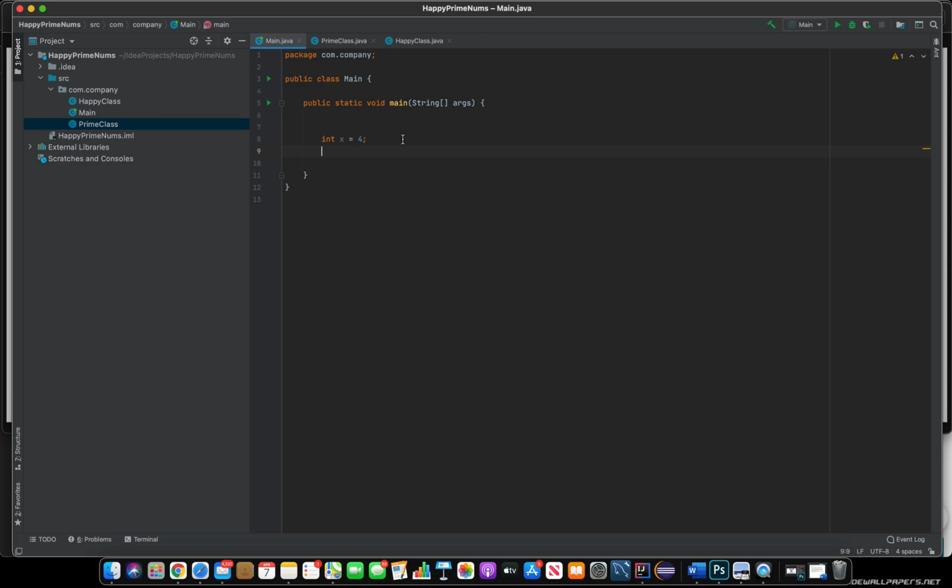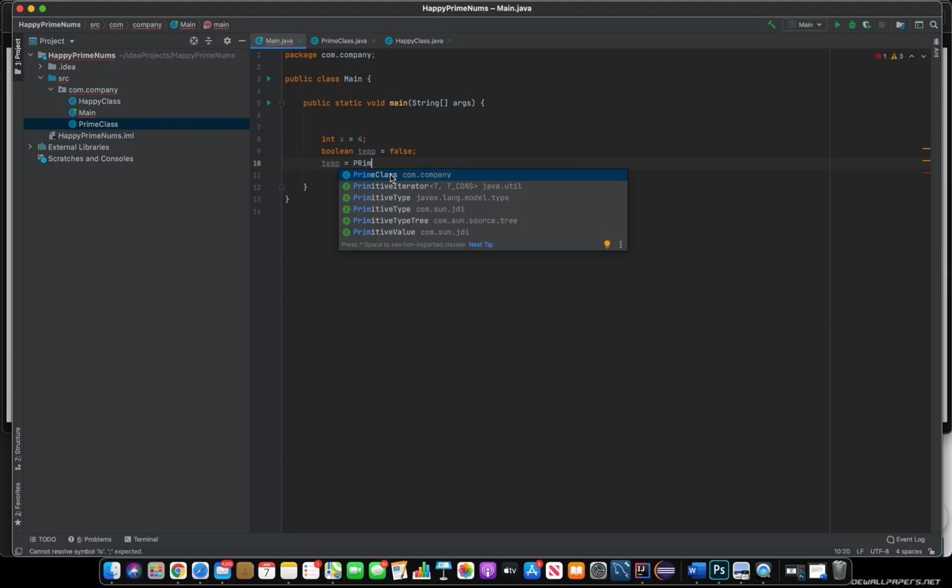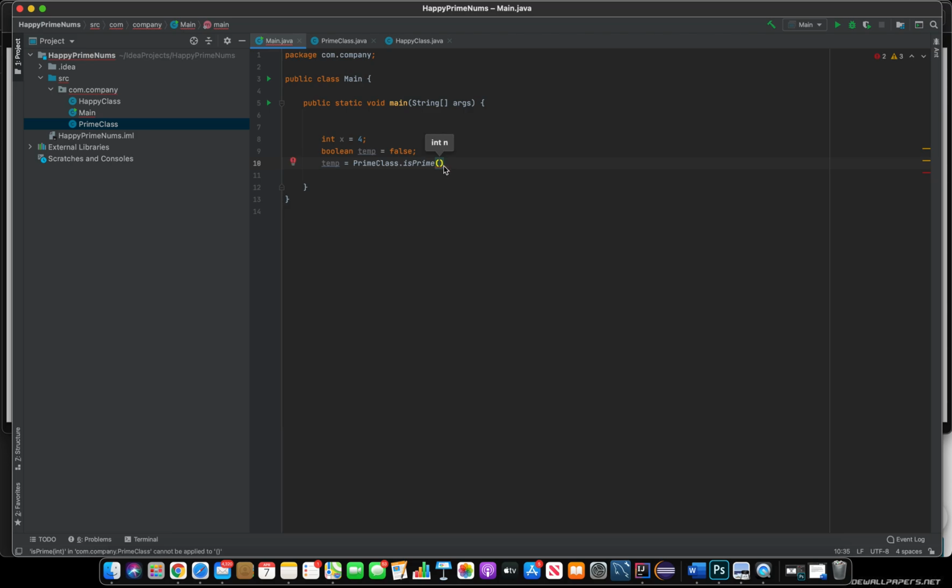What we could do is we can make an object. We can make a boolean. Temp boolean. Make temp boolean here, right? And then let's say boolean temp is equal to prime class dot is prime. We're accessing the method is prime from the prime class, and we're gonna input x,